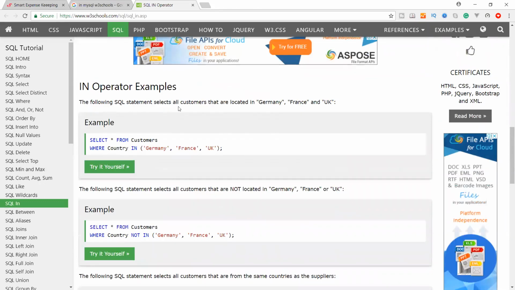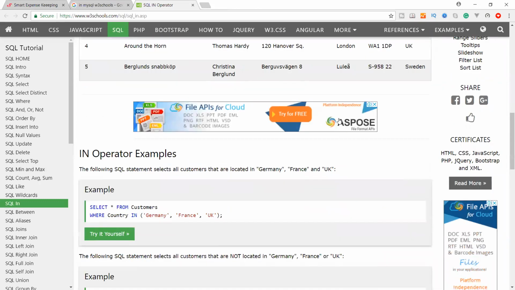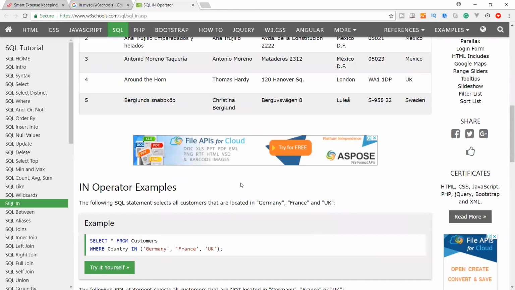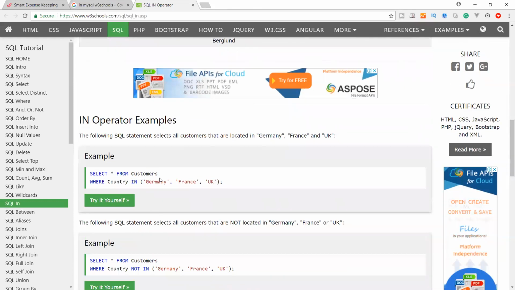The following SQL statement selects all customers that are located in Germany, France, and UK. So select all from customer where country IN, and we are giving the values: Germany, France, UK. So it will find all the customers that live in Germany, France and UK.